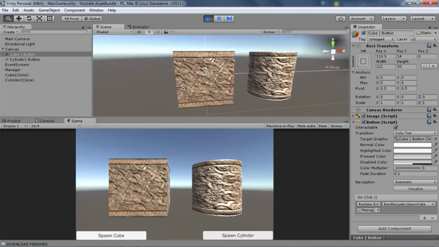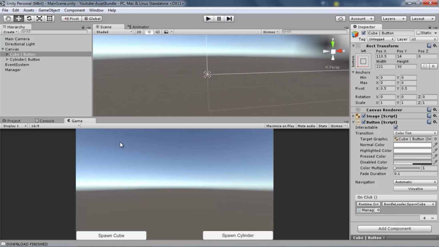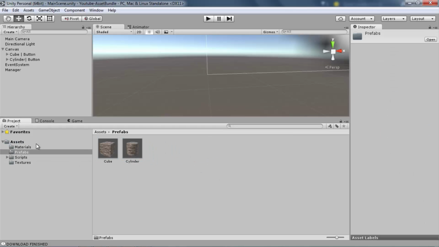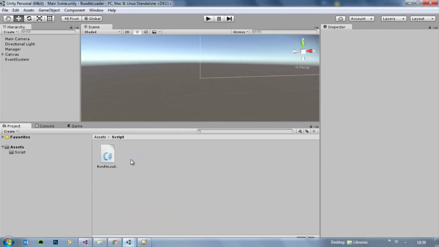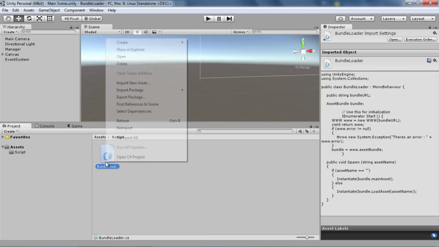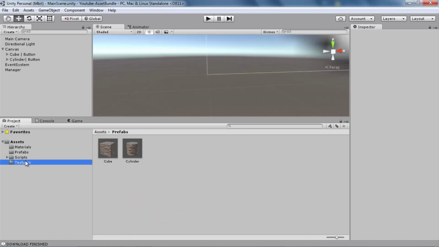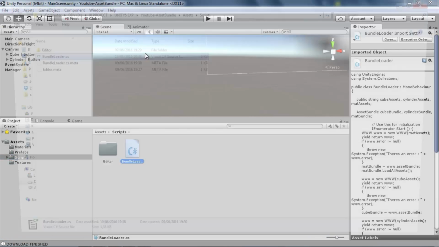Now what if we test it in another project which doesn't have all the assets in this project? Like in this one. But firstly, we need to replace the bundle loader script. Replace them by the new one.